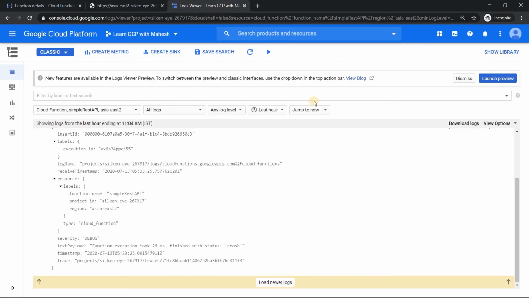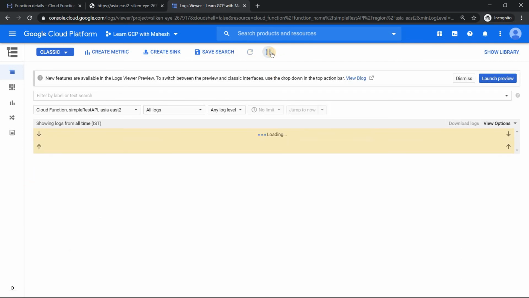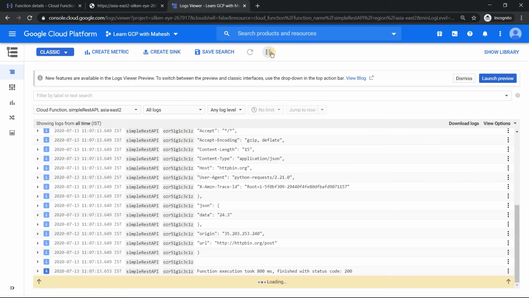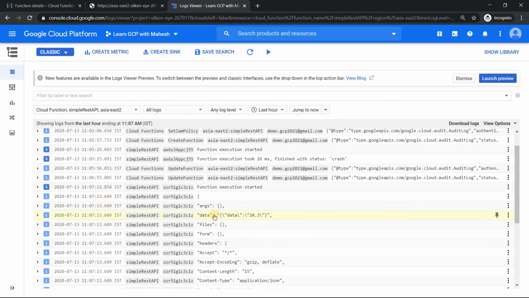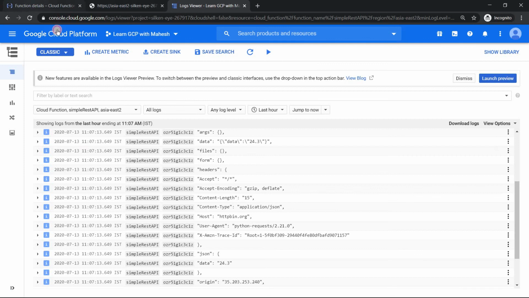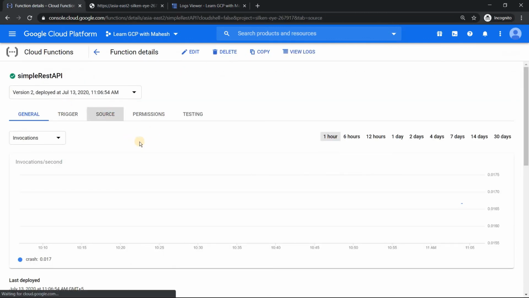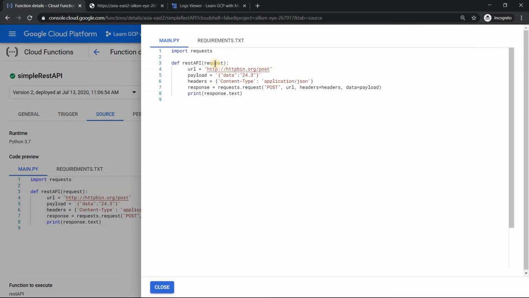And if I go to the logs, minimize this and stream it, we should see the output. We had a print statement in our Python code, so it should have output the content. So you see it has successfully executed this time, and this is the output, something very similar to what we saw on our local machine. So the trick which I wanted to share looks very basic, but is a very handy option. Make sure you always pass this request parameter. That's very important. Always leverage the sample code. Please don't underestimate the sample code. It is really helpful.